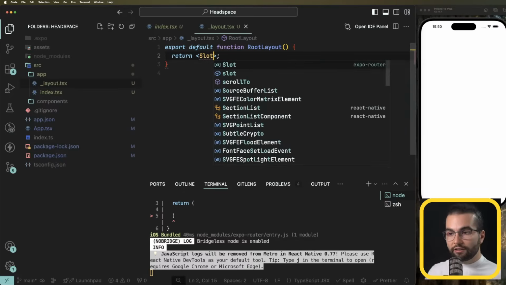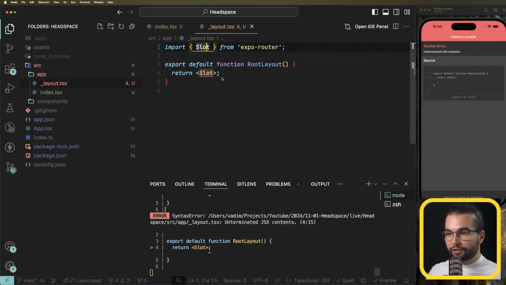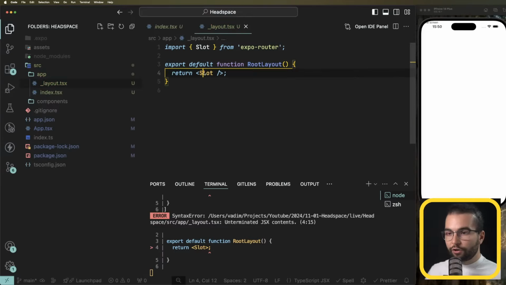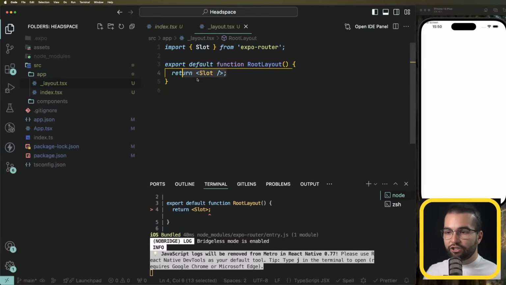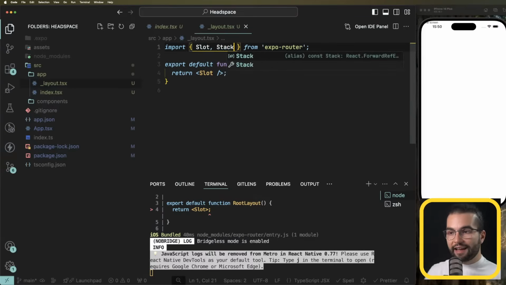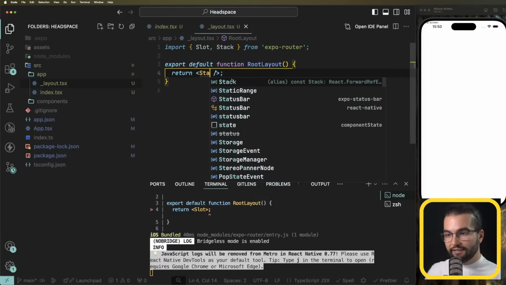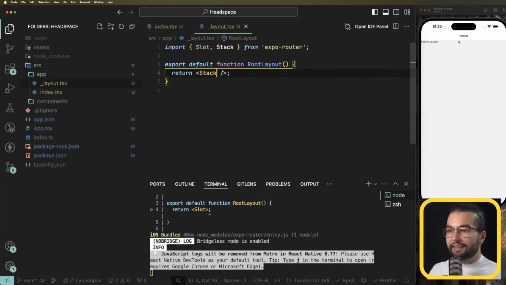If we render slot, imported from Expo Router, that basically means we are taking the screen and rendering it there, without any additional things, similar to how we take the children property and render the children property. However, if you import a stack and render a stack instead, that is going to become a stack navigator, and we're going to have a header. If we go ahead and expand this stack screen